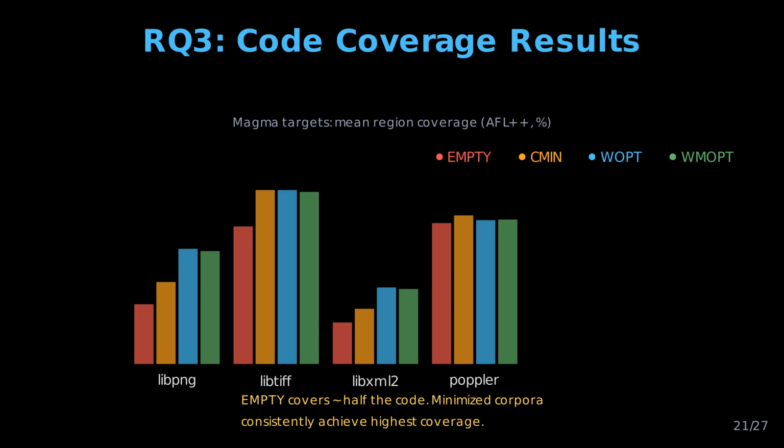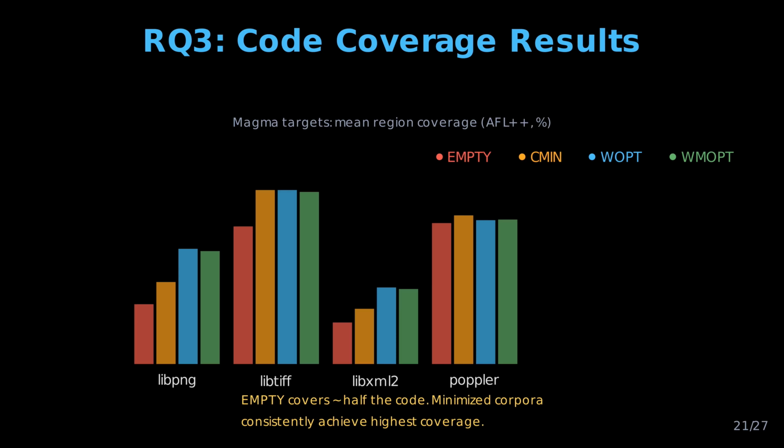On average about half as much as the other approaches. The gap is especially stark on targets with highly structured inputs. For Poppler, for example, empty covers only about 1.5% of the code, while minimized corpora achieves over 41%. Among the non-empty corpora, the four minimized approaches and the full corpus achieve broadly similar coverage, with the minimized corpora